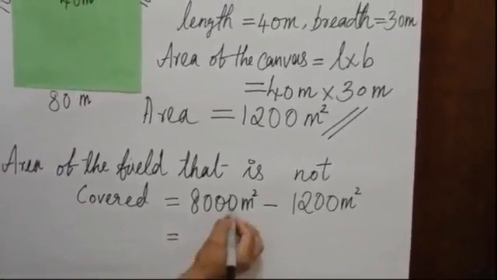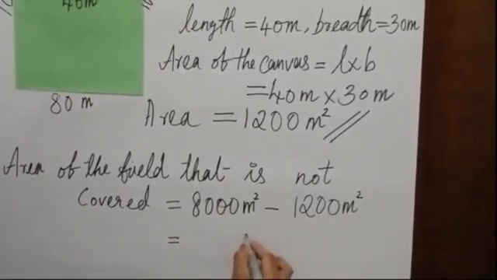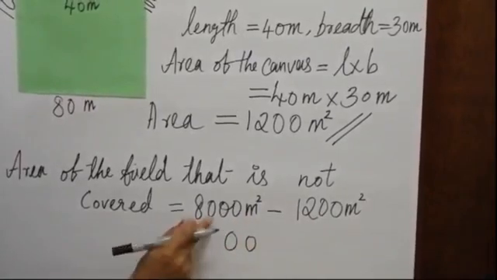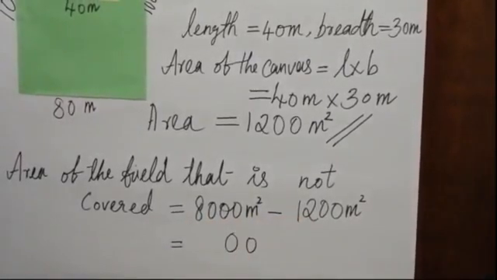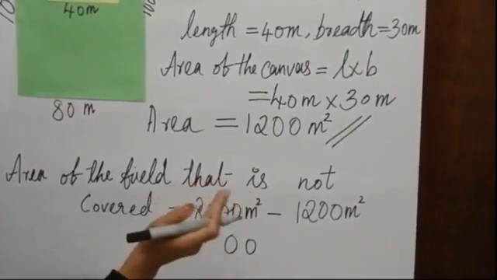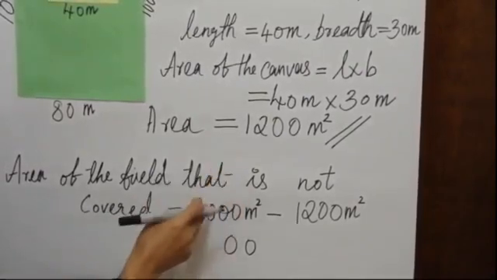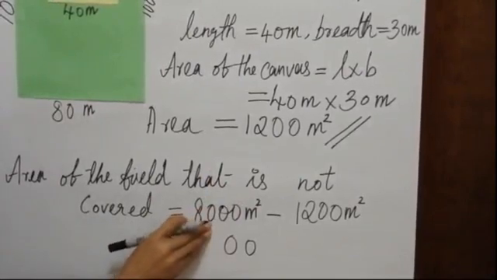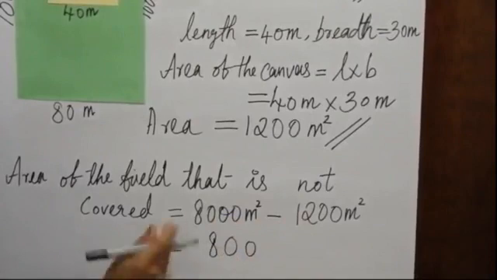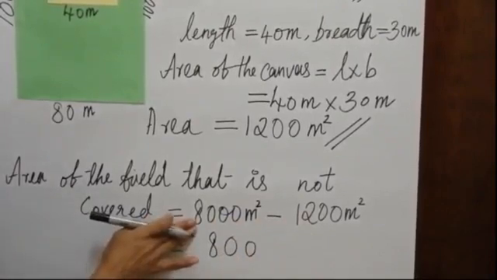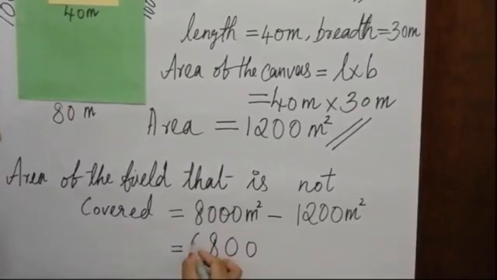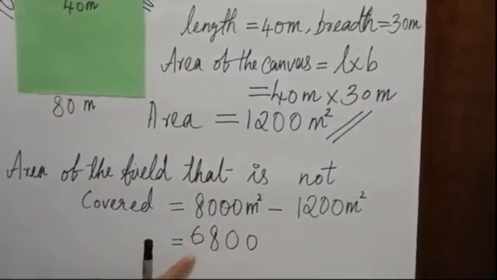Here I am going to do like this. 0 minus 0 is equal to 0. 0 minus 0 is 0. 0 minus 2. It's not possible. So we will borrow from 8. 8 will become 7. Okay. And 0 will become 10. 10 minus 2 is equal to 8. Here 8 is not there. It will be 7 because we borrowed. So 7 minus 1 is equal to 6. So the answer is